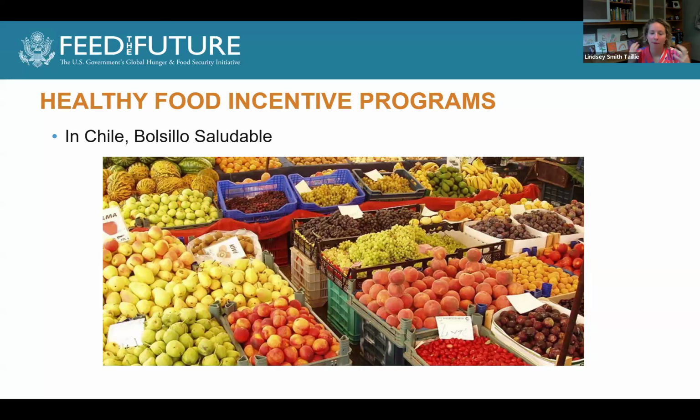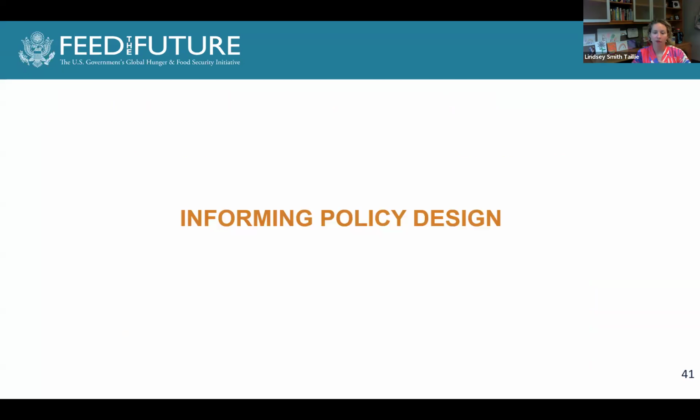So we would make sure that people know what products are unhealthy that have the warning labels. Those products might be taxed, and then that revenue could be used to fund healthy food incentive programs like the one that's being developed in Chile. So again, making sure that that money is going to support the purchasing of healthy foods, particularly among low-income families whose budgets are affected the most. So that's kind of my global tour of food policy evaluation and what we know and where we're at globally.